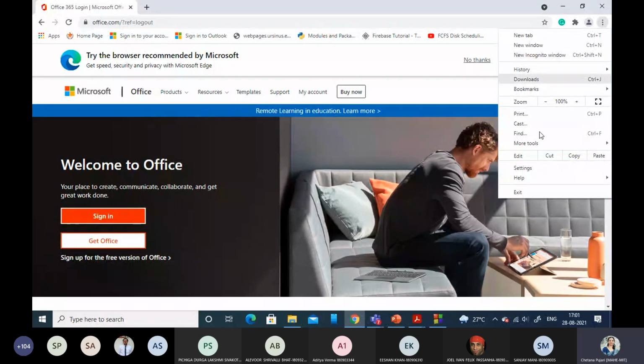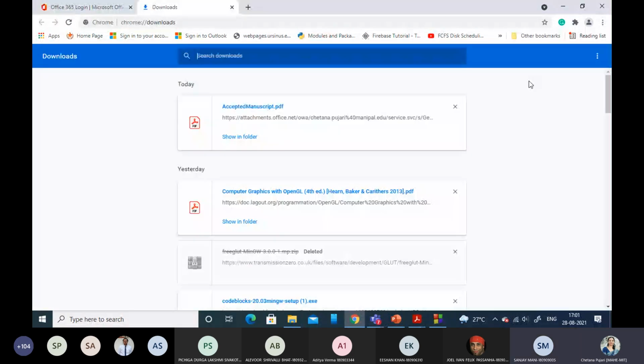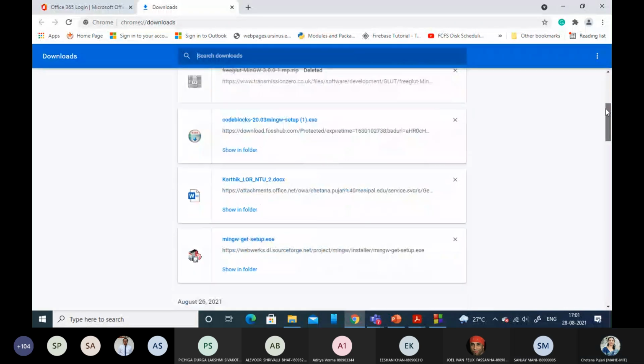In this case, I'm installing Code::Blocks. I'm using Code::Blocks 20.03 MinGW. This setup is required. You can't just go with the basic Code::Blocks because you want to develop an OpenGL project. So we have to go with the MinGW setup.